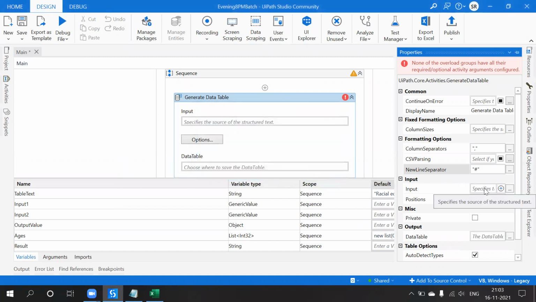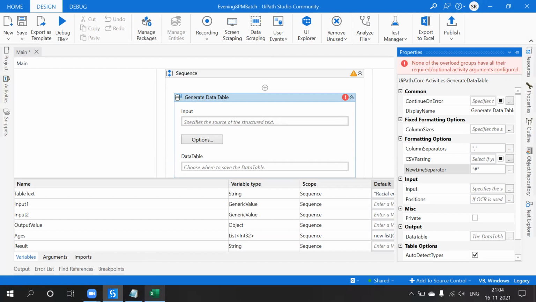What is the input? Specify the source of the structured text. So what is structured text and unstructured text?